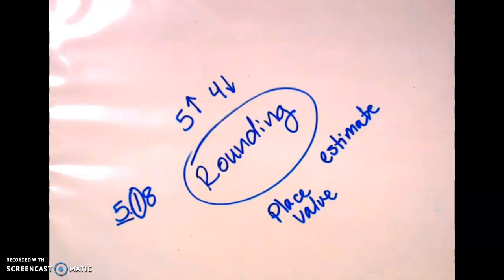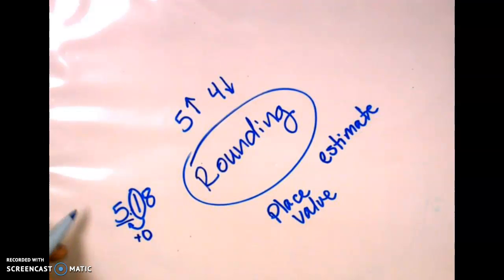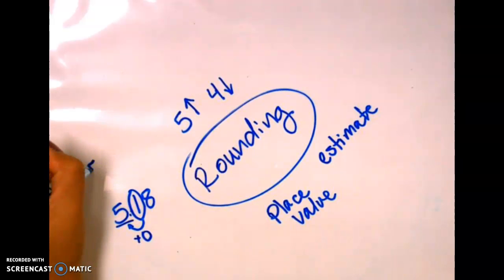The way that I do it is I take my arrow, and I know that I'm going to be rounding down in this sense, and then I'm going to add 0 to this, because I'm not adding anything to my 5. 5 is my lowest possible number. Now, if I go to